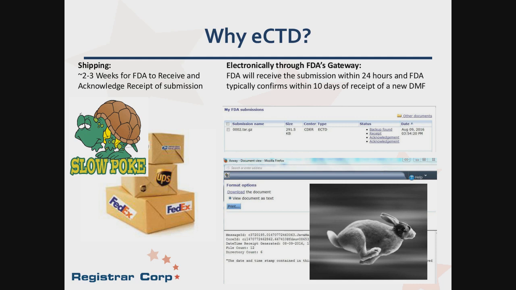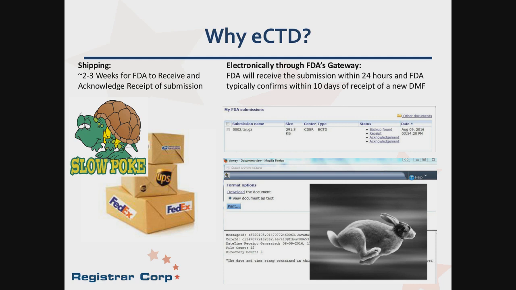One of the reasons is transmission of electronic file is faster than, say, by using traditional mail carrier. When shipping to FDA, it takes different time frames, anywhere between a few business days to a few weeks for FDA to receive the file, depending on the shipping method. When it arrives at FDA's mail center, FDA then has to deliver it to the department that may review the DMF. FDA takes between 2 to 3 weeks to send a letter by mail acknowledging receipt of a new DMF